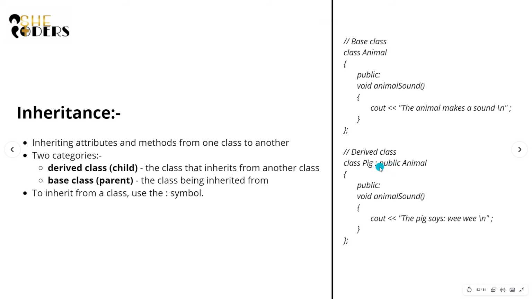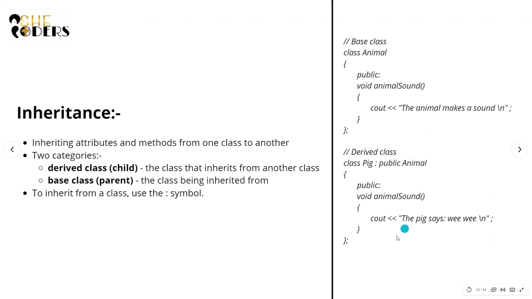We can also mention private or protected here. All the three are applicable, but all the three things have their respective views. Like here in the public I have a function inside the animal sound, that is the animal sound only, and there is a different statement here, and inside the animal sound there is a different statement here. See, out here it is the pig says wee and here it is the animal makes a sound.